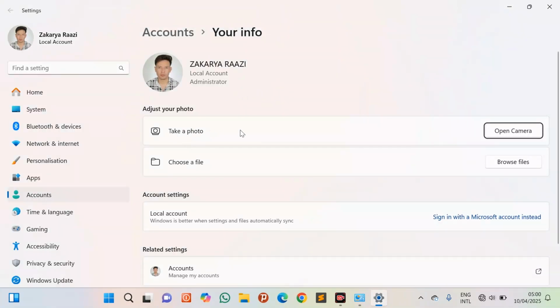and then with these two options you can change your picture. First option, take a photo. If you click here, then you can take a picture with your laptop camera. I don't recommend this option, so I choose this one. Just choose a file from your computer, browse here,